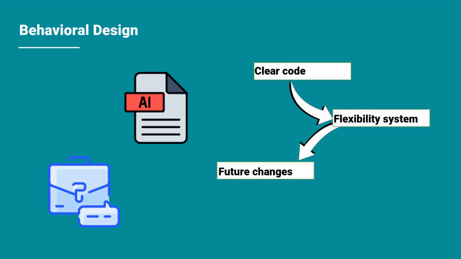To summarize, behavioral design patterns offer a powerful toolkit for managing communication and responsibilities in software applications. Patterns like observer, strategy, command, chain of responsibility, and Memento each serve distinct purposes, promoting flexibility, clarity, and maintainability in your code. By applying these patterns, developers can create systems that not only meet current requirements, but are also adaptable to future changes. In today's lesson, we highlighted several behavioral design patterns and demonstrated how they can enhance the organization